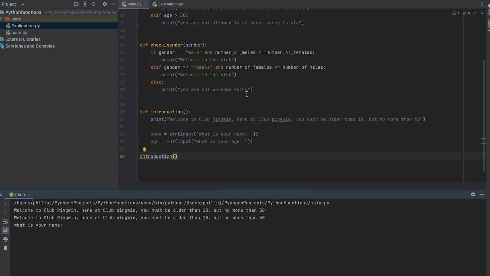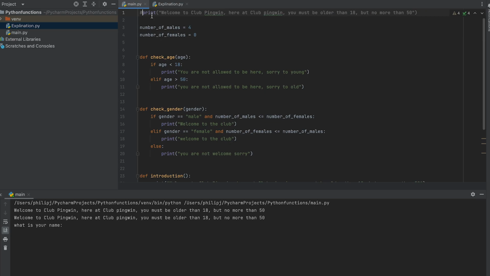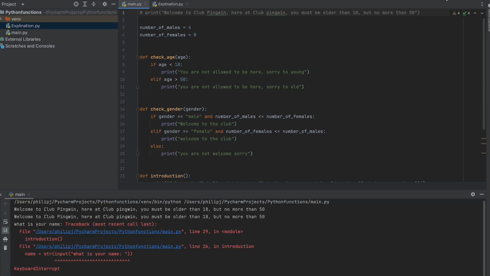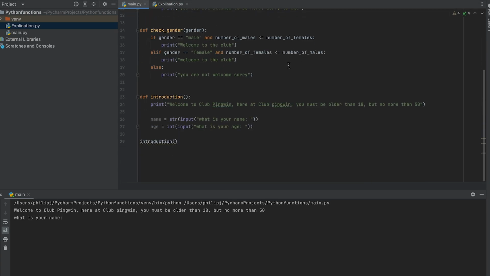Let me try to comment this out. That's another way of doing something. If you want to comment out any code, you can put a hashtag, and that code isn't read by the computer. It's very useful for writing notes. So for example, if you wanted to define what a function is, you can put a hashtag here and say a function